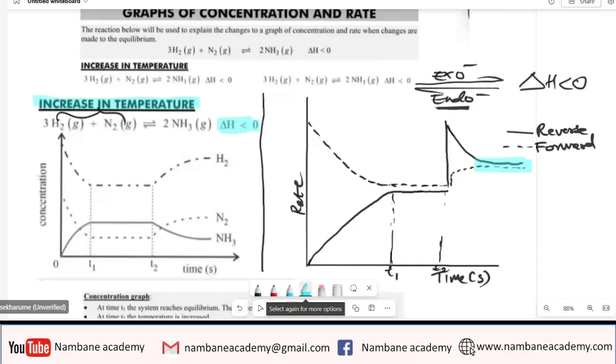The reverse reaction will be a solid line, because now with the increase in temperature, the forward reaction is exo. So the reverse reaction will be endo. Meaning with the increase in temperature, we favor the endo, which is the reverse reaction. So this is how we draw the graph of rate versus time. Okay. Then the second one,